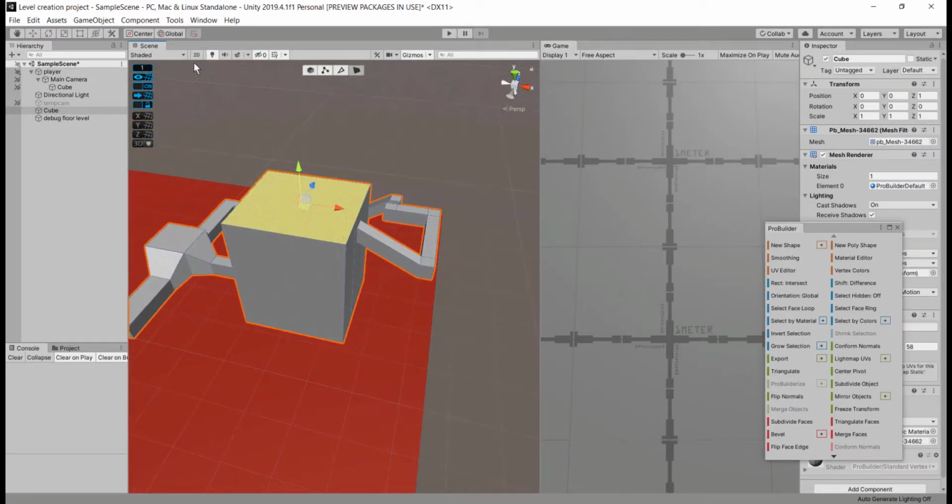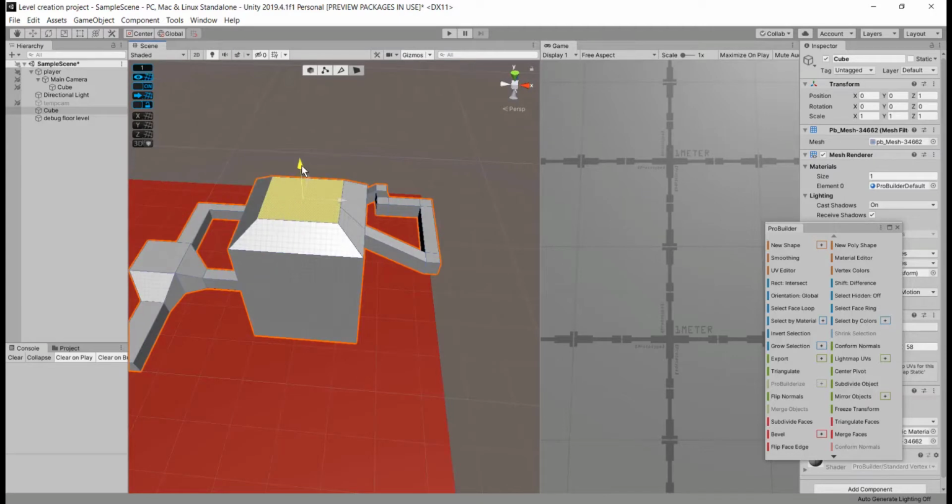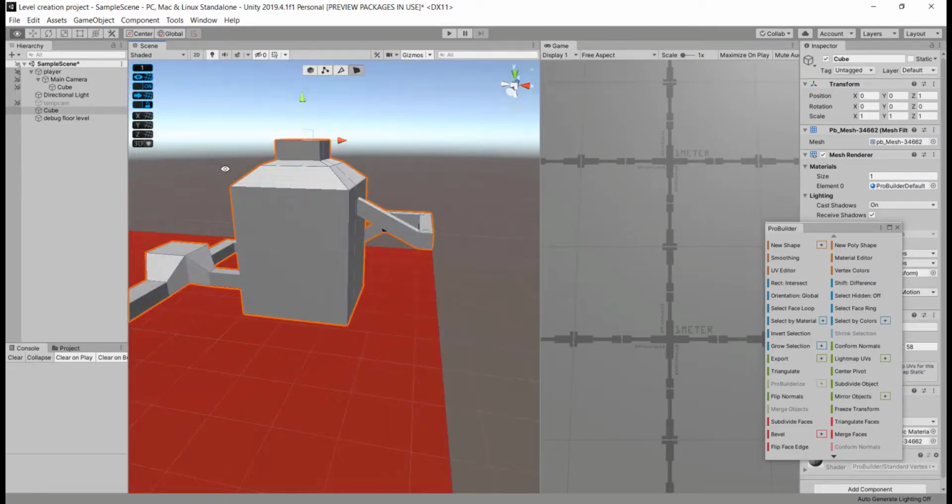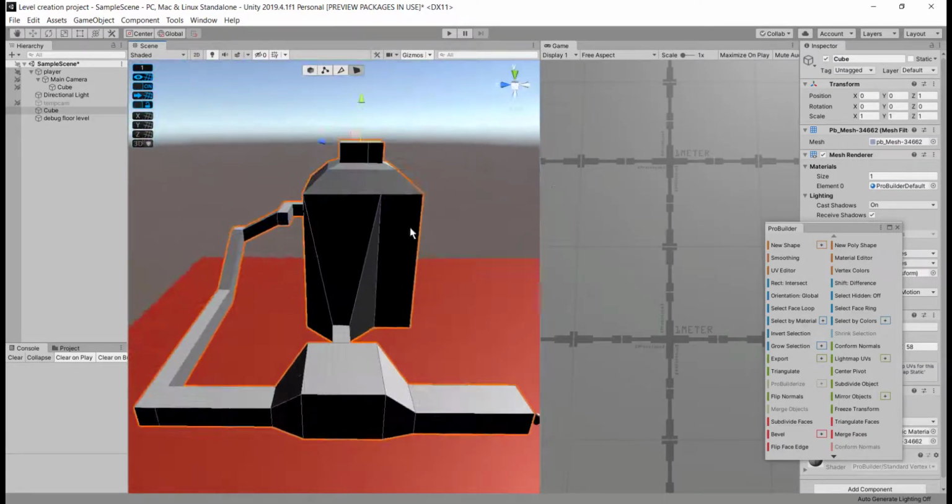We can select this face and holding shift scale down and switch to the move tool. Let's move this up, and again using the scale tool and shift I'm extruding a face. Let's with the move tool move it up a little bit and extrude our top face like this. Okay, now we have some sort of a roof with a top structure.